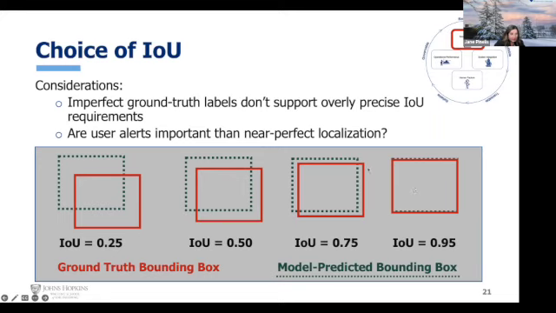Usually you don't. If you're trying to alert the user that something's in the picture and the user might use this for targeting or something, so you care about localization, something like this is usually good enough. If you're just trying to alert a user that, hey, that truck that you've been looking for is suddenly in the picture, well, they might not care about perfect localization at all. They just care that it's anywhere in the frame. So a 25% IOU is perfectly acceptable. So there's really no hard and fast rule. It really depends on your operation and what you're trying to do. Usually we set the IOU between 50 and 75%,